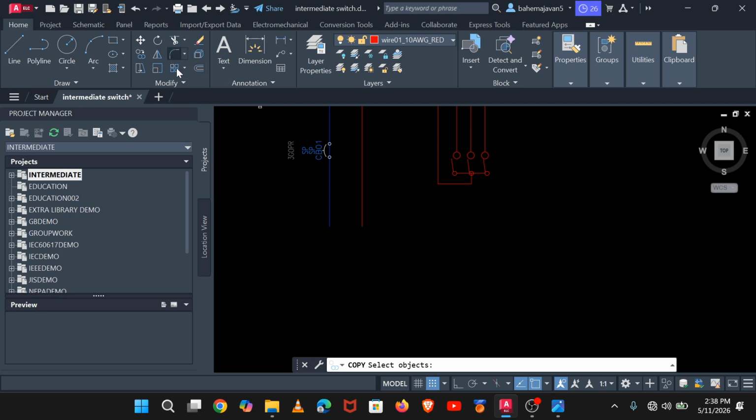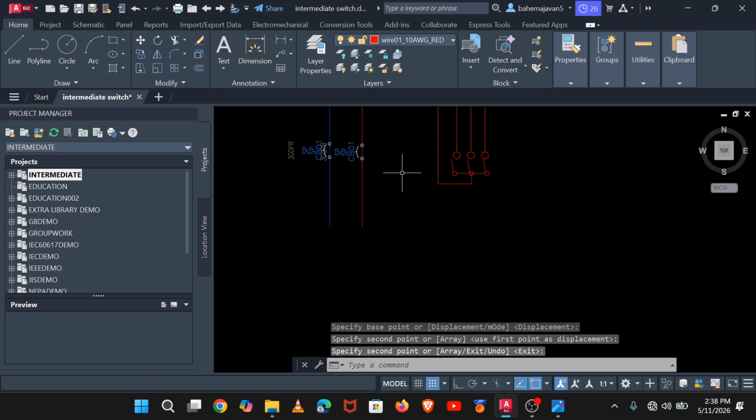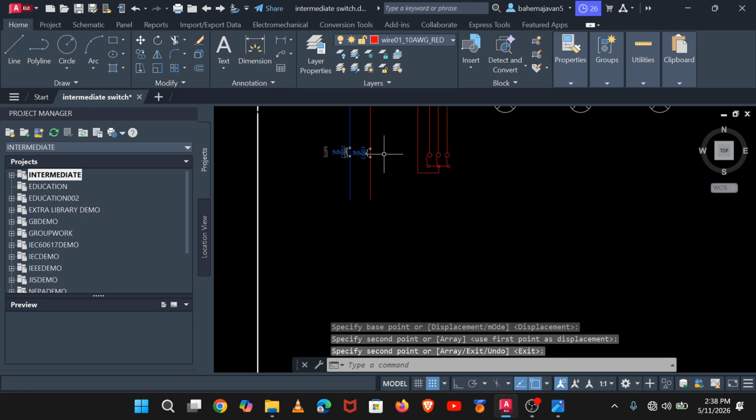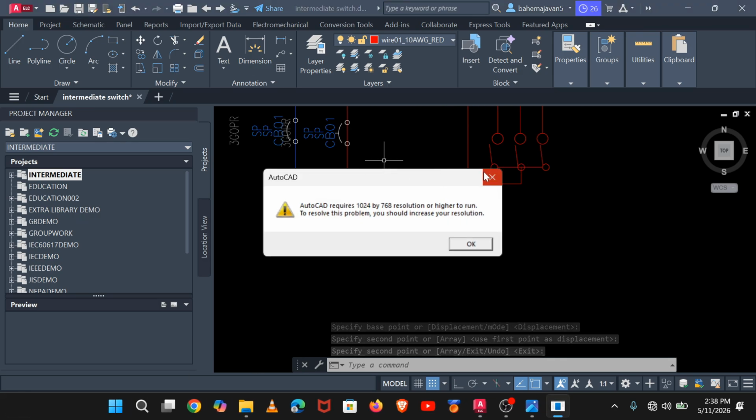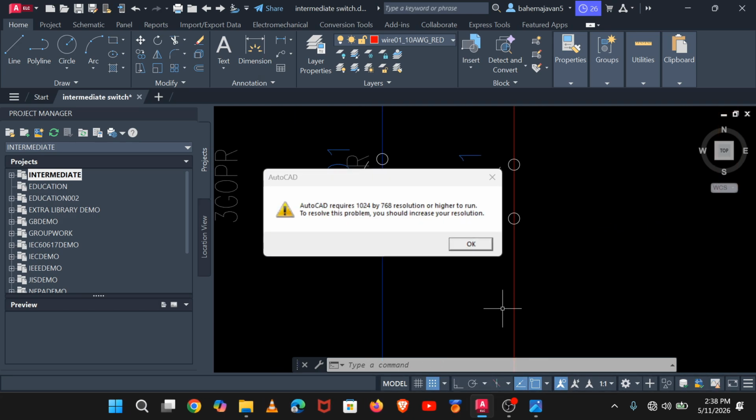If you want it to double, then just click enter and then redouble again according to your wants, and then you can see that at least that is the indication that it is a double pole MCB that is